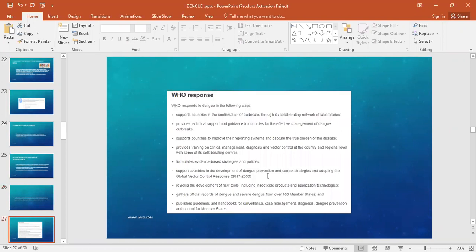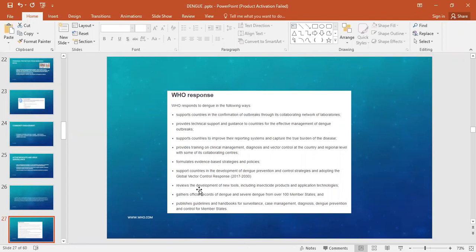WHO response towards dengue fever. WHO response supports countries in the confirmation of outbreaks through its collaboration network of laboratories, provides technical support and guidance to countries for effective management, supports countries to improve their reporting systems and capture the true burden of disease, provides training on clinical management, diagnosis, and vector control at the country and regional level, formulates evidence-based strategies and policies, supports countries in the development of dengue prevention and control strategies and adopting the Global Vector Control Response